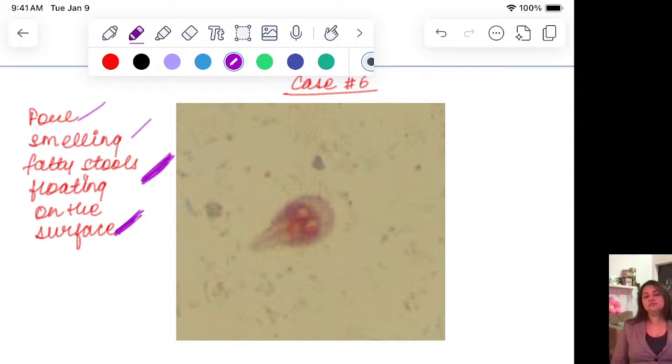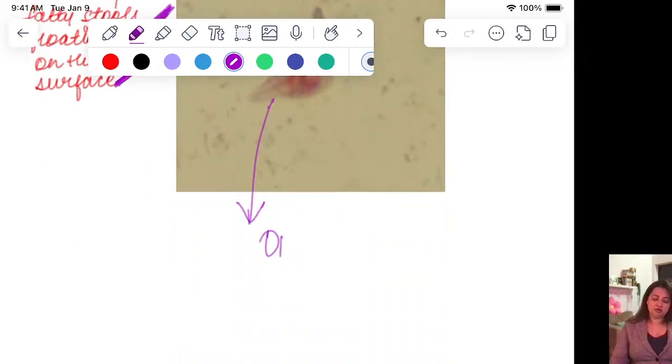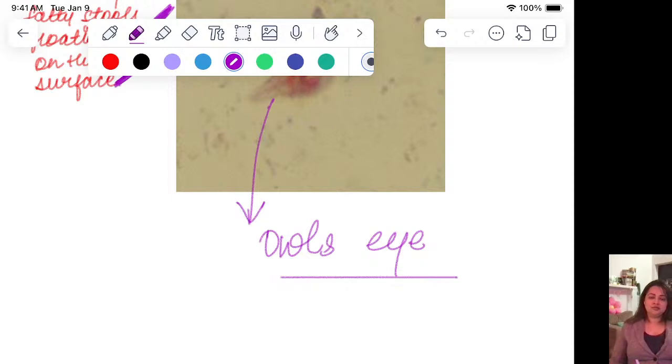Anyone? Can you diagnose this? Just looking at the image, that's enough. Exactly. So this is a trophozoite of Giardia. What is the appearance? It is giving you the appearance of an owl's eye. Yeah, so that's Giardia